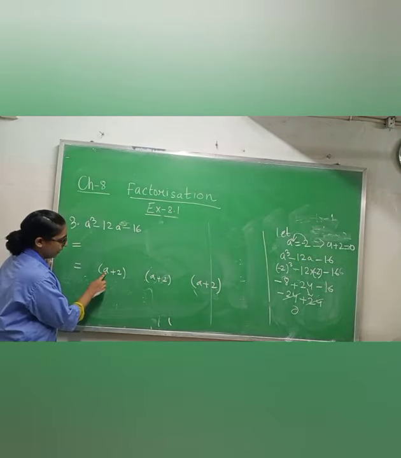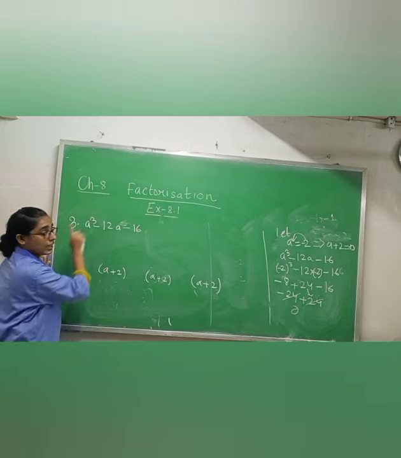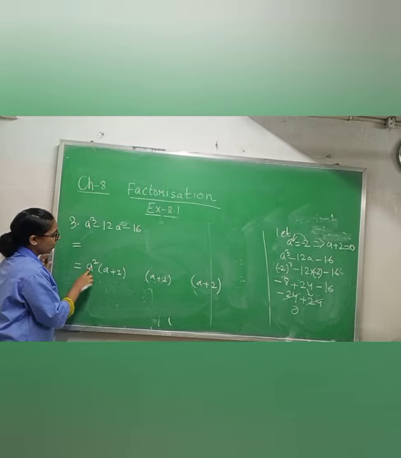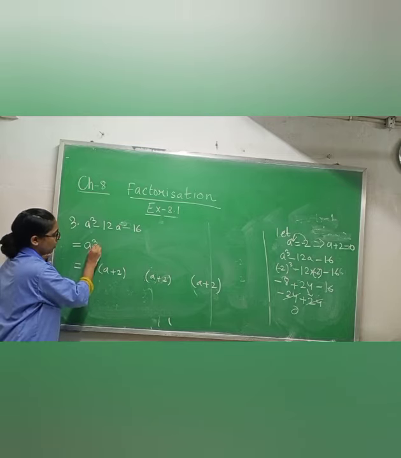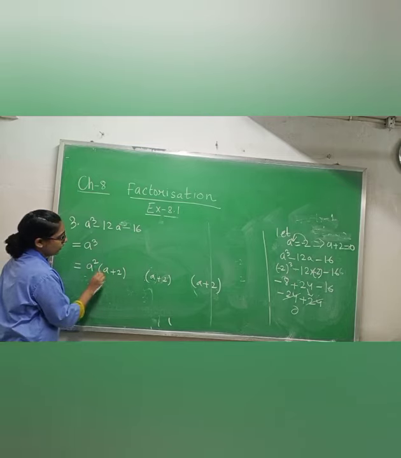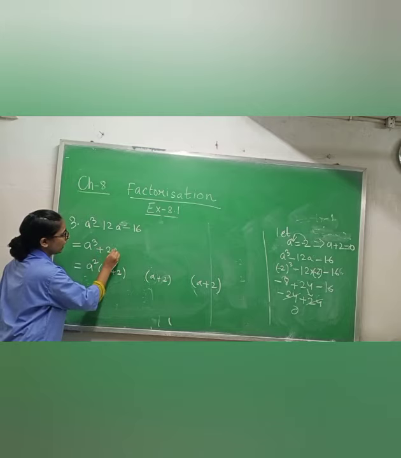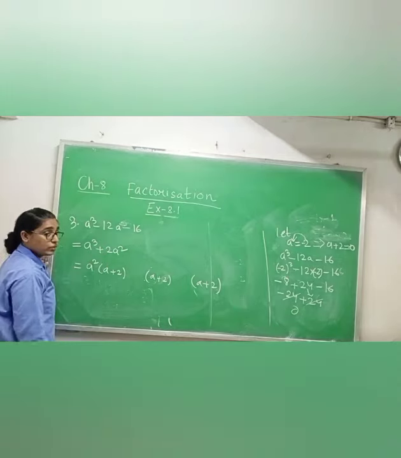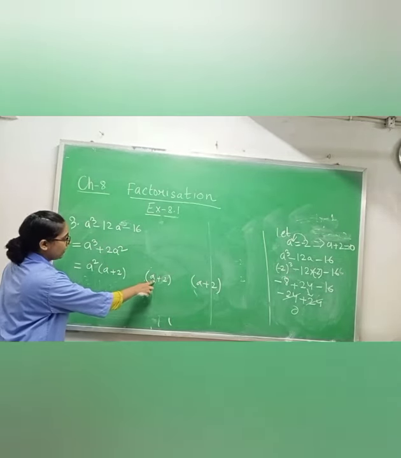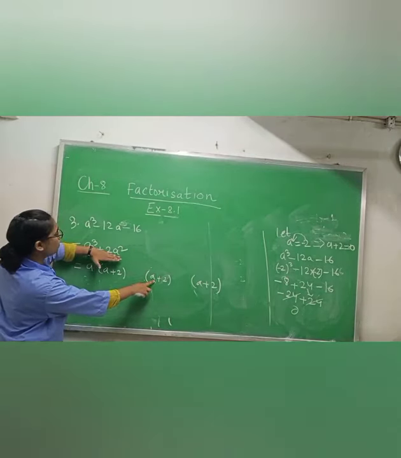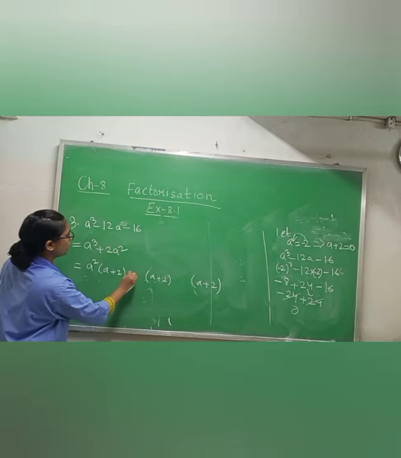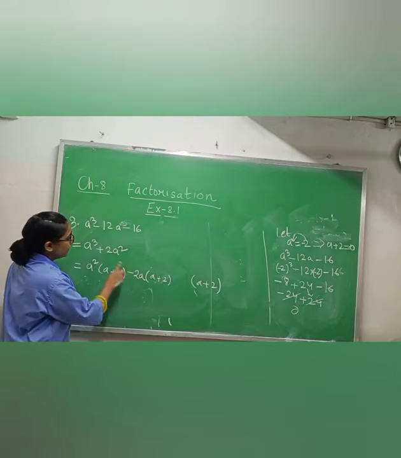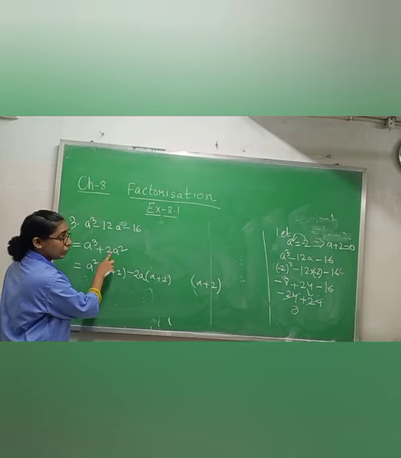Now see, here you have x, but here you have a cube. So you have to multiply with a square to make it a cube. Now a square into a cube, a square into plus 2a square. But here we have no a square term. We have to remove this one. Now here we have a, but we need minus 2a square. So I will multiply with 2a. Why? Because here we have plus 2a square. I have to remove this one.